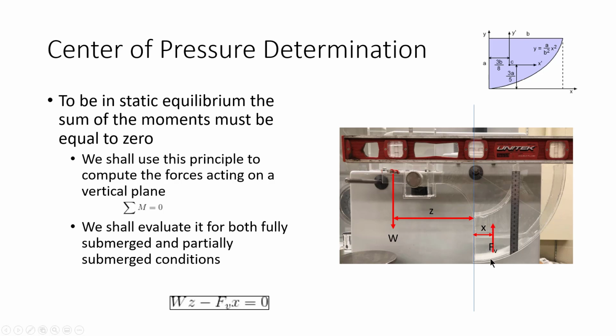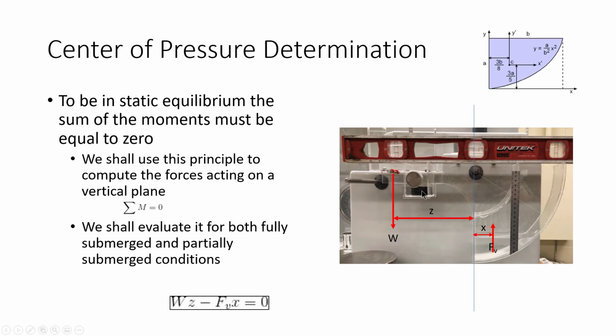So again, we can say that this vertical force acts at a distance of 3b over 8, b being that total distance. Again, that is strictly true as long as the water is not submerged, but we can approximately take that, as a first order approximation, when we have this plane fully submerged. So when the water level rises and gets to this point above this plane, we'll say that this plane is fully submerged. Okay, so we will be using the principle that under hydrostatic conditions, or under static equilibrium, the moments